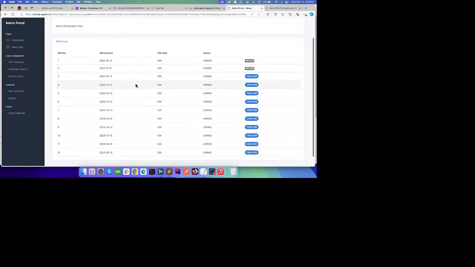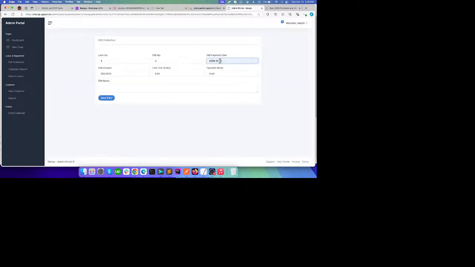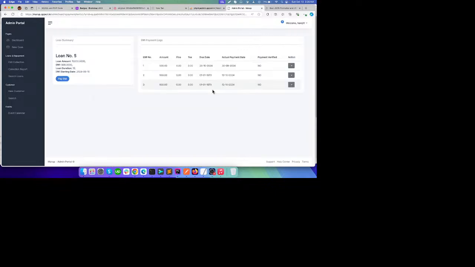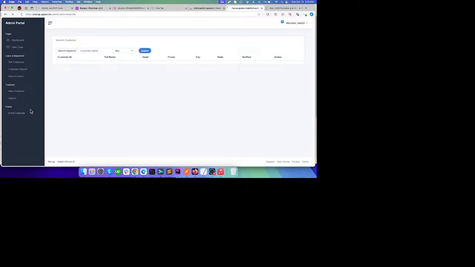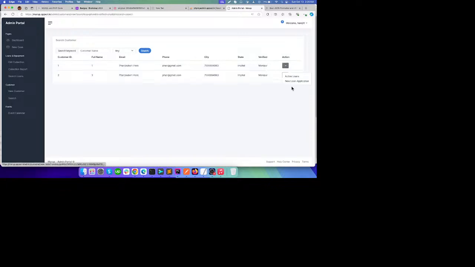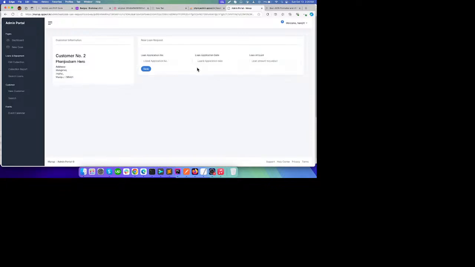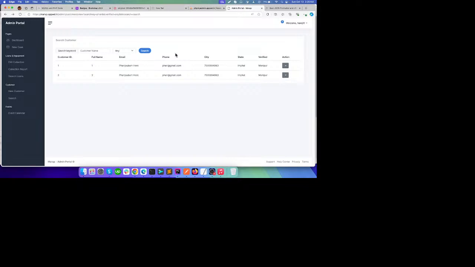So let's just assume we pay EMI number 3. Let's try that one. Let's give it a payment, let's give it 11. Prepayment. So we have 3 EMIs paid. Let's begin here again. Oh sorry, it should be active loans, EMI sheet. Now see 3 EMIs are paid. Great. I think